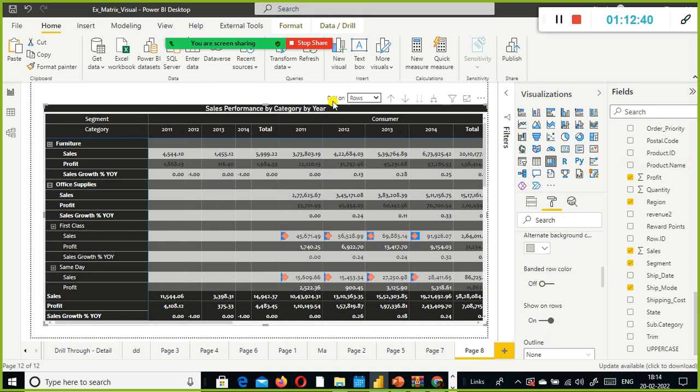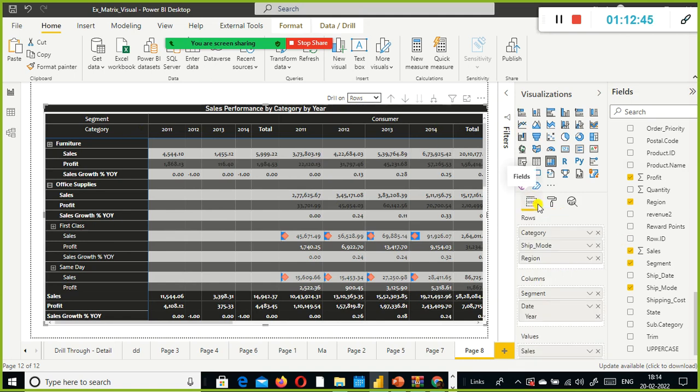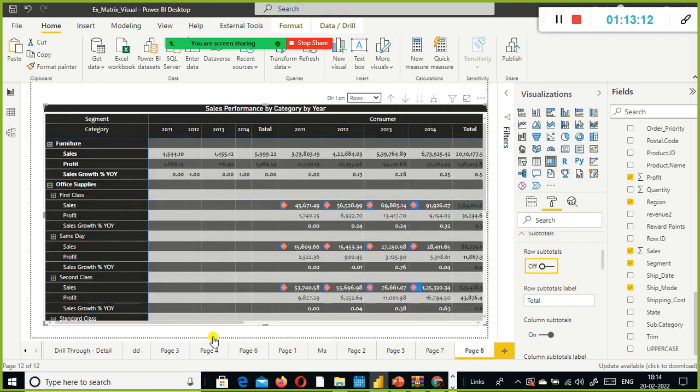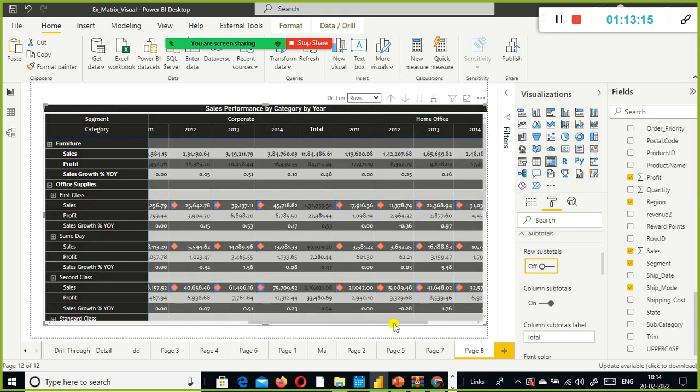So this is also an awesome feature, the drill on feature, right? So when you add more than one dimension, automatically this feature gets enabled. You can drill up, drill down at the row level. You can drill up and drill down at the column level also. And subtotal is also possible. Grand total is also possible. If you don't want subtotals, you can go and check it here. So you have subtotals here. Row subtotals on. If you don't want it, you can just disable it.